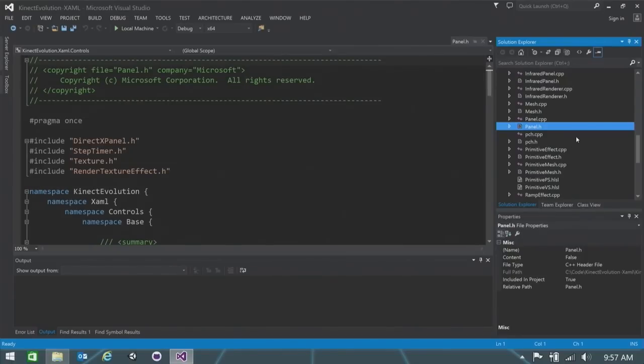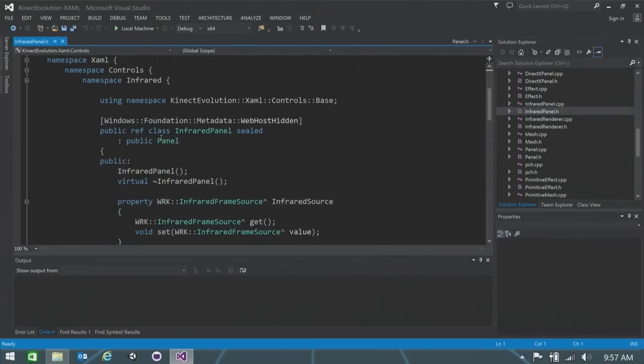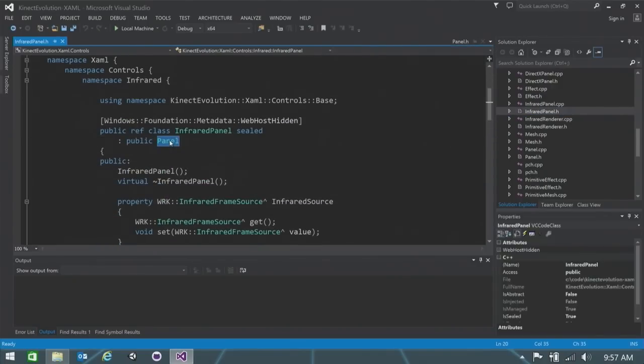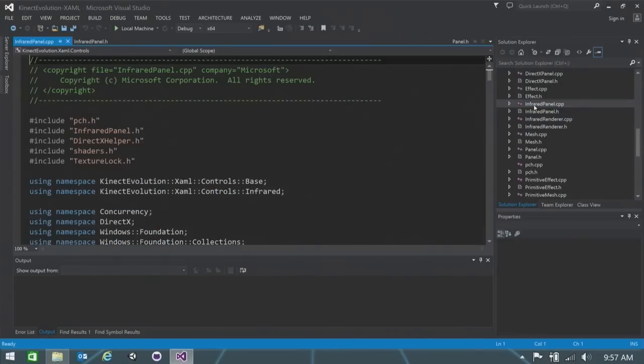So if we look at a simple infrared panel, we just open this up, we'll see here that everything is inherited from that panel, and what we're doing is just creating some boilerplate, passing an infrared stream source from our Kinects, and then it'll handle rendering and updating and pulling frames from the SDK,